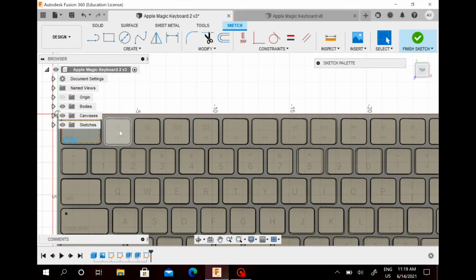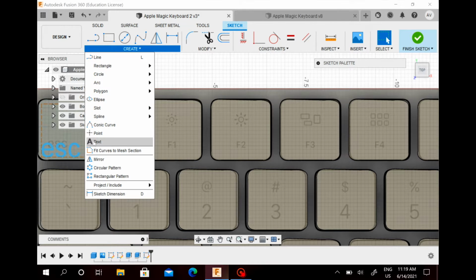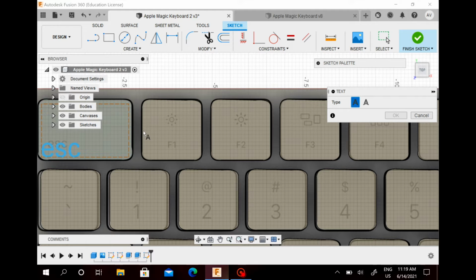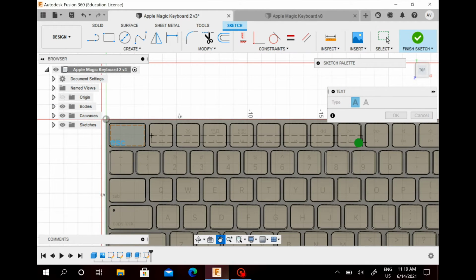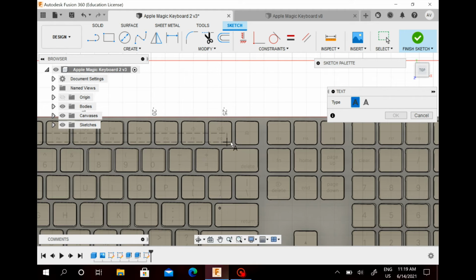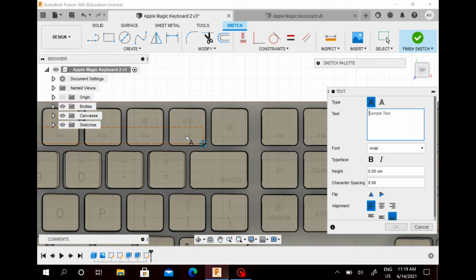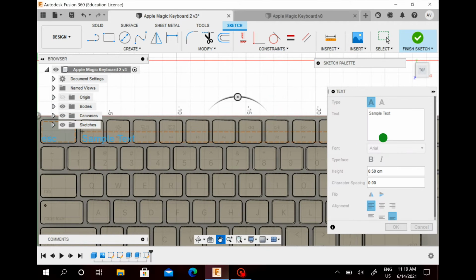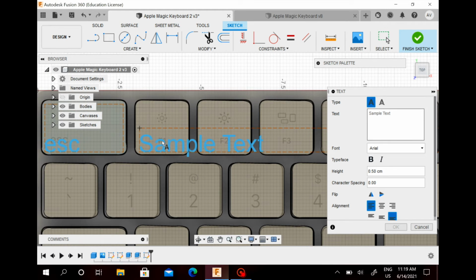So this is an easier way I found to do all these at once instead of doing them individually. We're going to go under create and do text. And we're going to click from this corner right here, zoom out and stretch it all the way to here. So it should be at the F12 key now. I'll show you what I mean. We have to do F1,